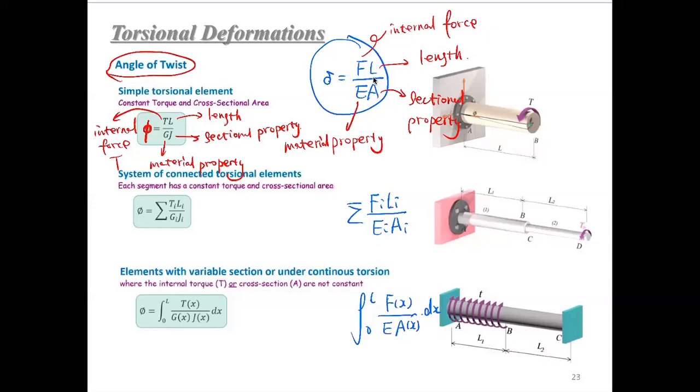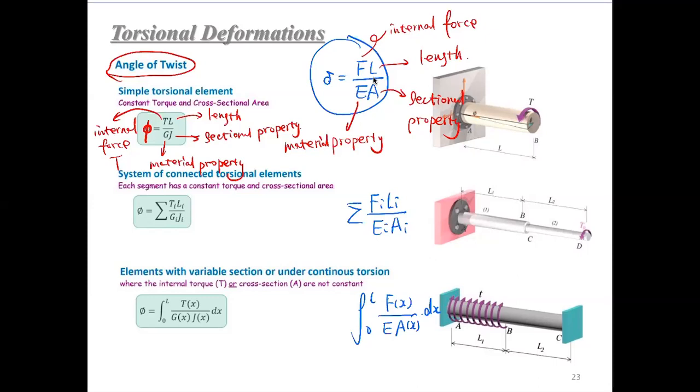You can see that these 4 terms actually belong to the same categories. T with respect to F, it's the internal force. L, and then G, modulus of rigidity with respect to E, modulus of elasticity. Those are material properties. And J here, sectional property, is the polar moment of inertia. And in the axially loaded elements, those are the A, sectional properties or area of the cross section, right? So the rest, I think you can understand them logically, naturally, since the second equation will be just dealing with